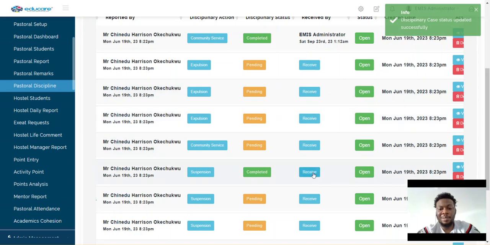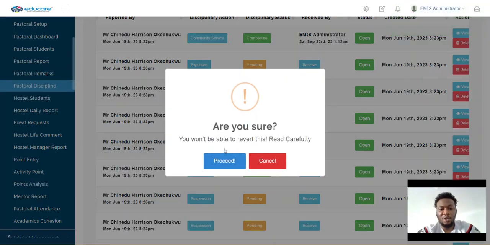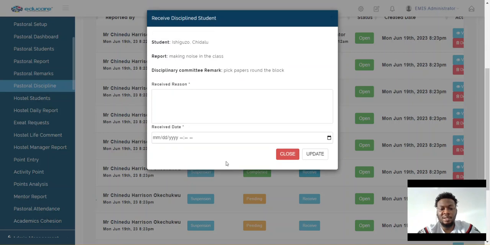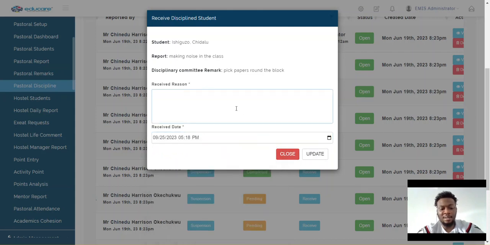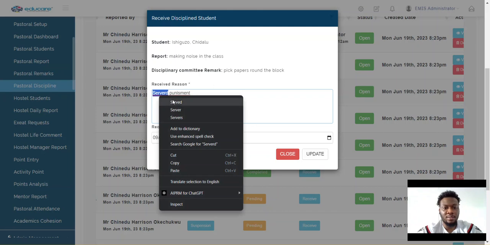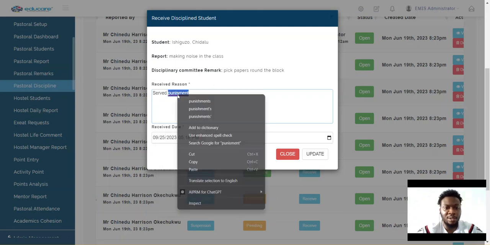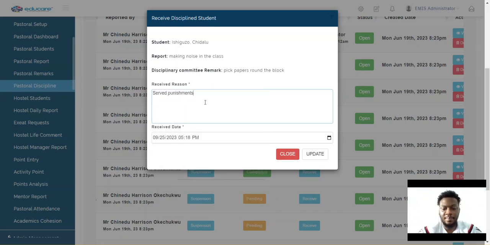So once the child has completed the punishment, you can click on to receive the child. It means that you can give a reason here that probably the punishment has been completed, and you select the date and the time the child completed this punishment, served punishment. So once I update,